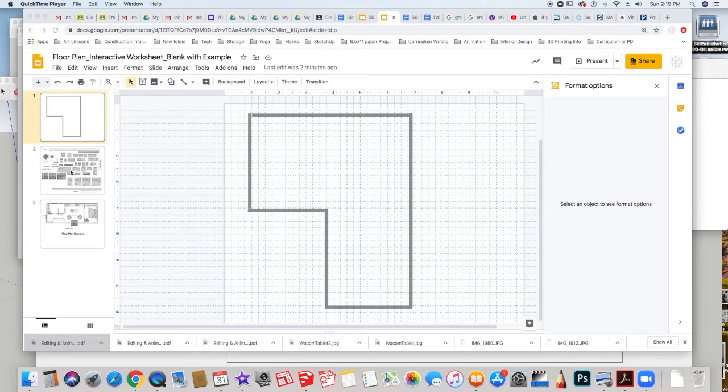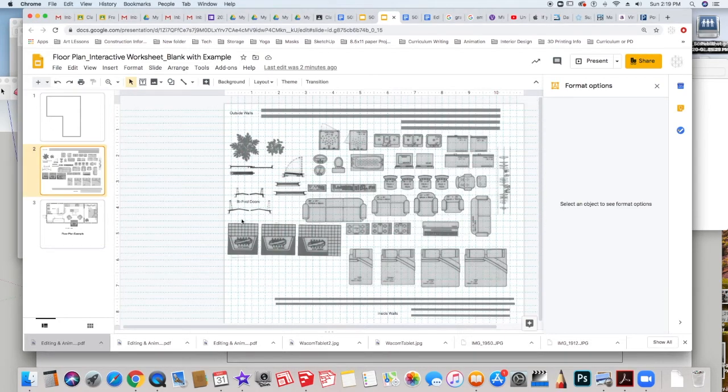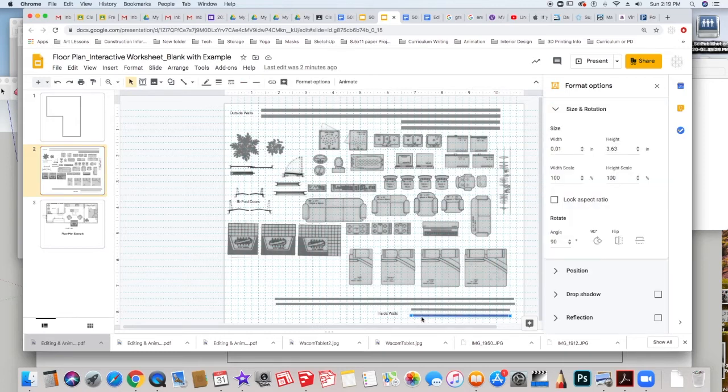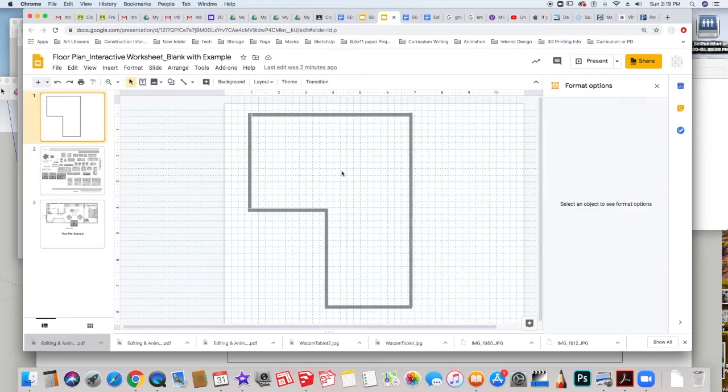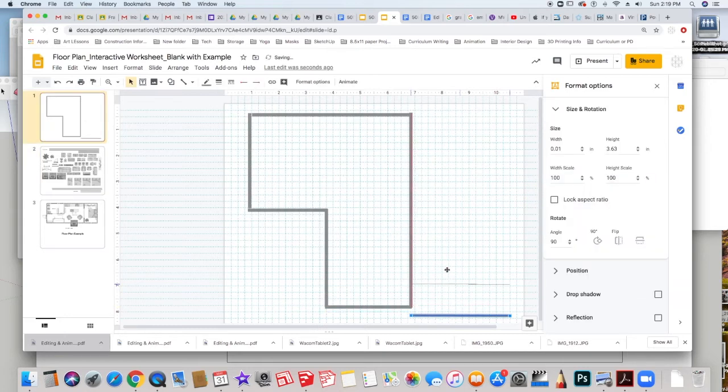I'm going to go to my template section here. I'm going to go down to the inside walls and grab one of those. I'm going to hit Command C and then go back up to my template, Command V. I'm going to put in one of those walls. So I think what I'm going to do is put it right here. Again, I'm going to make this wall a little shorter, hold the Shift key and bring it in.